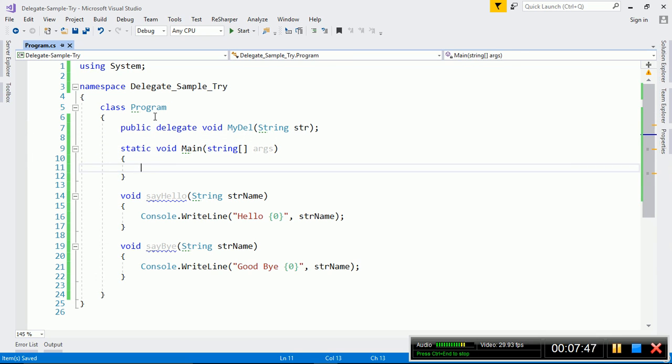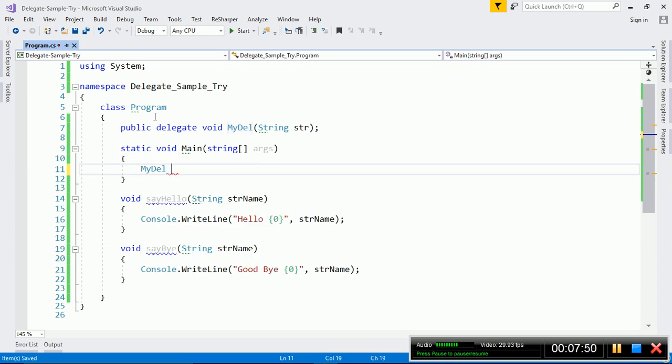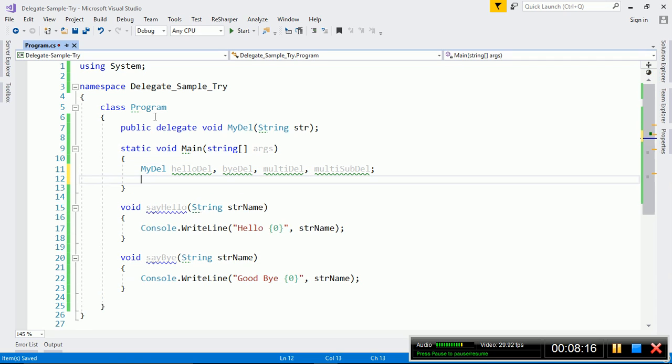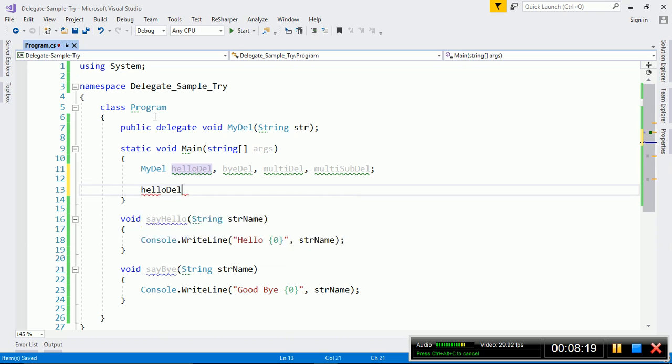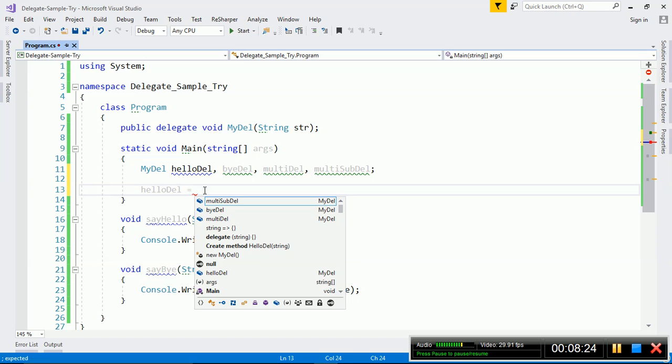Now I will create objects for this mydel: hellodel, bidel, multidel, multisubdel. These are the objects which we are going to use in our program. Now in this hellodel, I will store the address of our SayHello function. So hellodel is equal to,